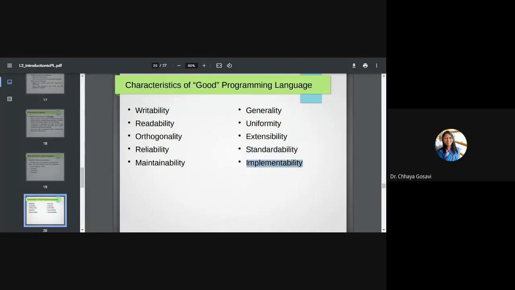Implementability, this is a very important feature. The language is ready, but unless it is supported by a translator, you are not able to produce output just with the source language or high level language. So you need a translator which can translate this language into low level language.